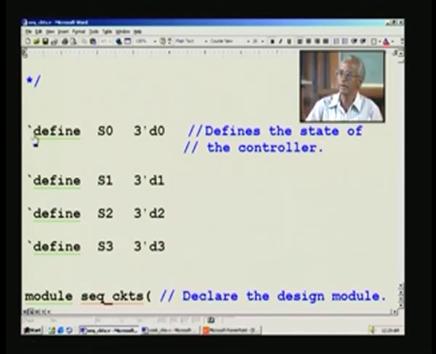There is a tick here followed by define. This is to define, suppose you have a variable, then you can define those variables. You also have another counterpart called parameter. We will not deal with it right now, we will probably see it later on. So you say define, and then this indicates the state machine. Finally we will be seeing a state machine model, and in that we have used S0 through S3 for states. So we can list all this here, and